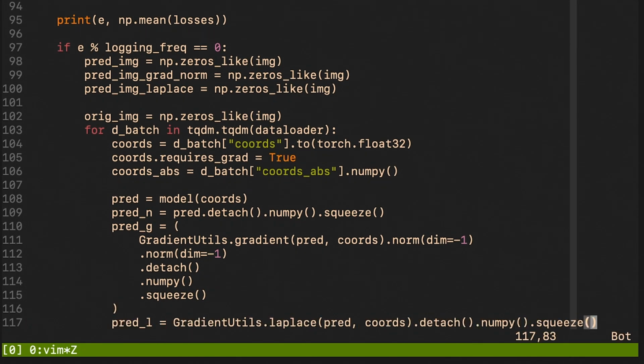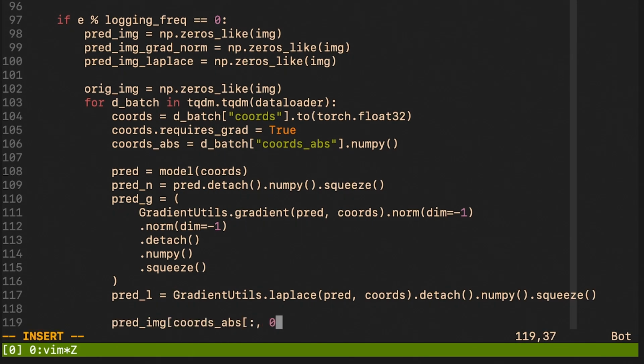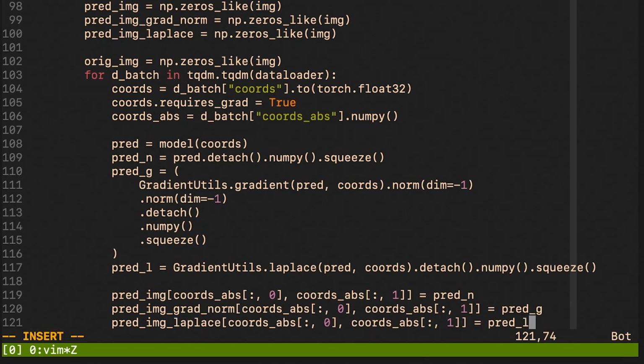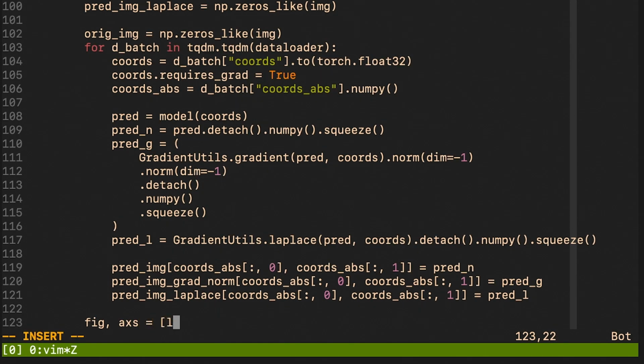Here, for each batch, we extract the coordinates, we run the forward pass, and then we also compute the predicted gradient norm and the predicted Laplace operator. And then we just take these per coordinate predictions and use them to populate the corresponding pixels in our images. Note that if batch size is equal to the number of pixels, there will be only one iteration and we will populate all the pixels at once.